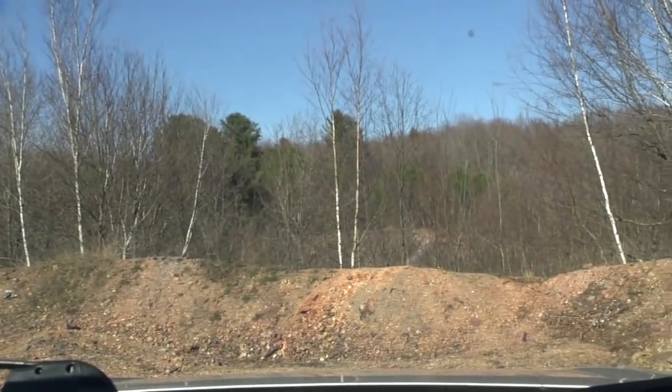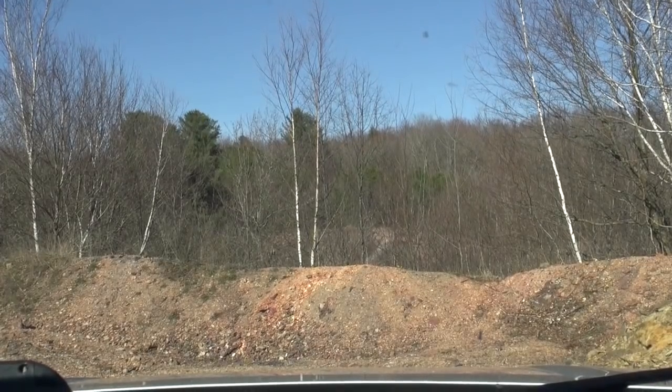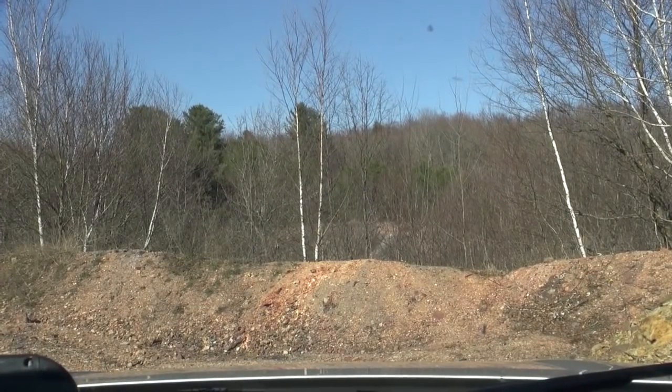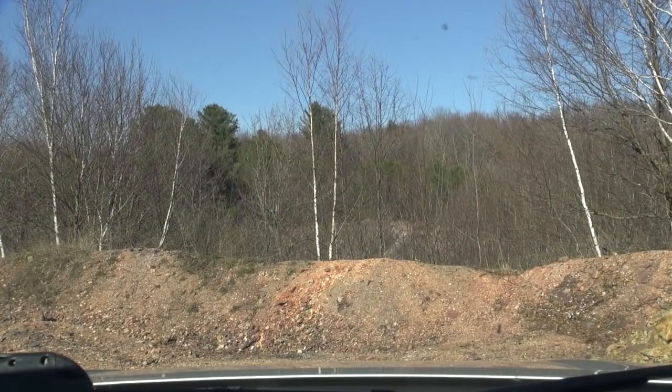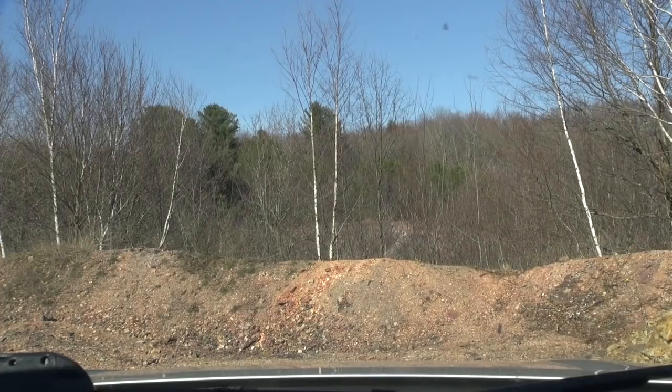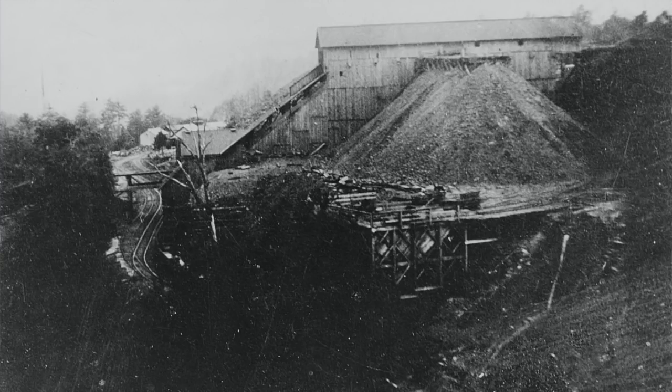It was black, but this would spontaneously combust, and after it would burn, it would turn this orangey colored rock. I'm not going to get out of the truck. This is strictly a driving tour today, but down over the bank here, it's pretty fascinating if you hike down there. It's a pretty good walk to get around and down there, but